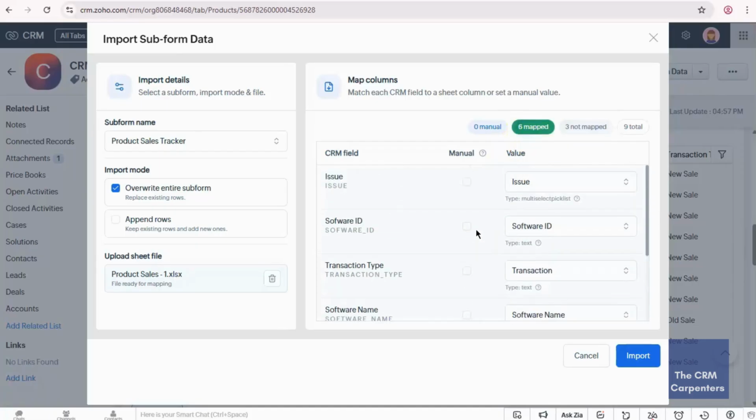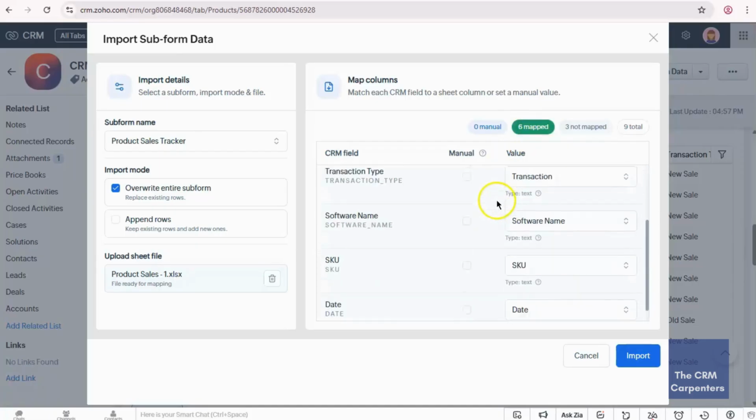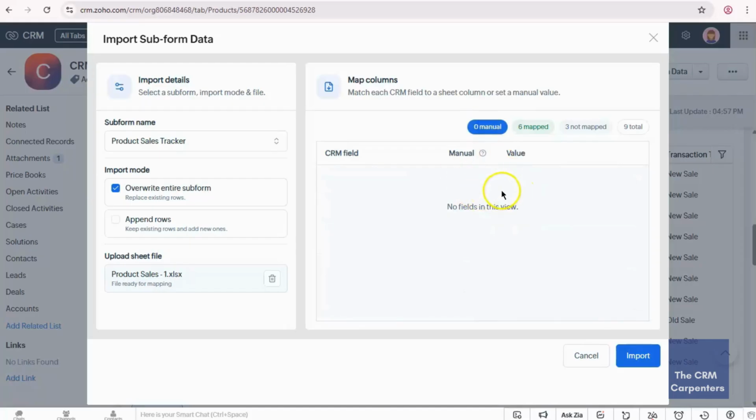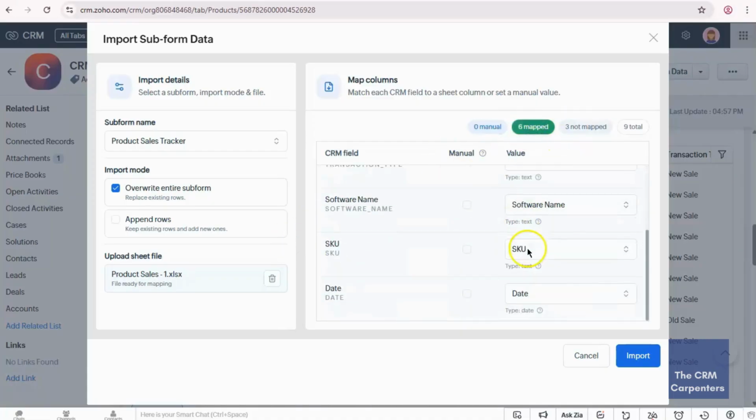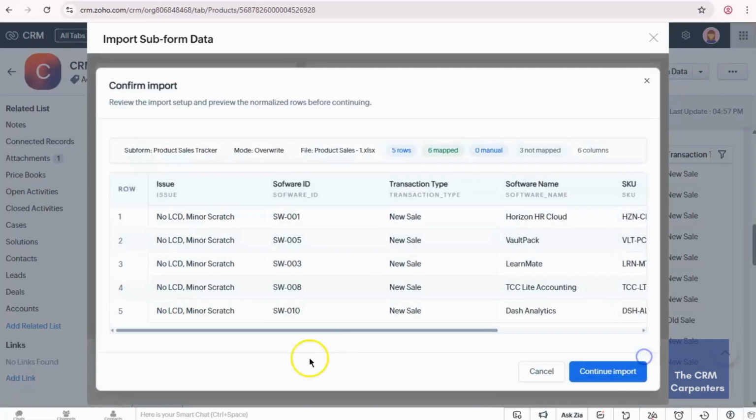These are the total number of maps, and here is the tab that shows the manually mapped column data. So let's import it and see what will happen.